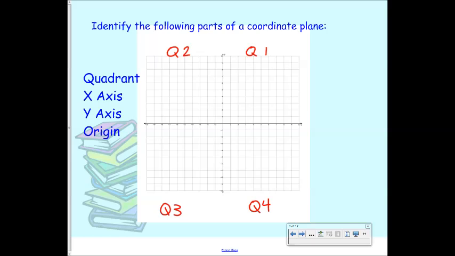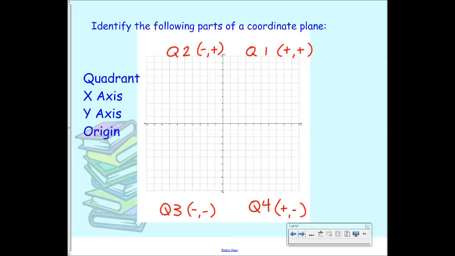Okay, so in quadrant 1, all of the numbers are what? Positive, so it would be plus, plus. In quadrant 2, what is it? Negative, positive, so negative x's but positive y's. In quadrant 3, what is it? Yep, everything's negative. And then in quadrant 4, positive x's, negative y's. Okay? So every one of these makes,